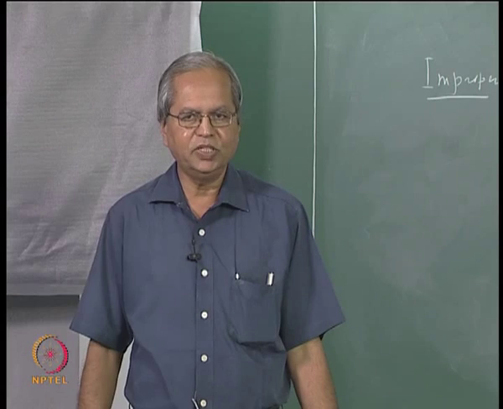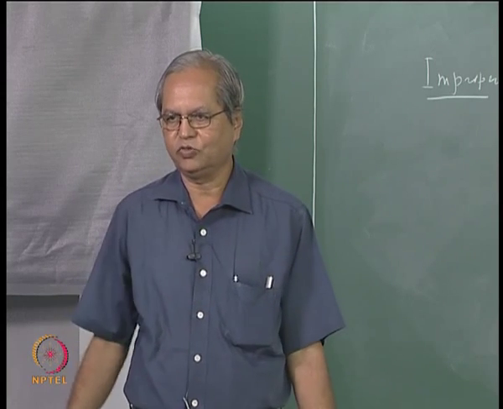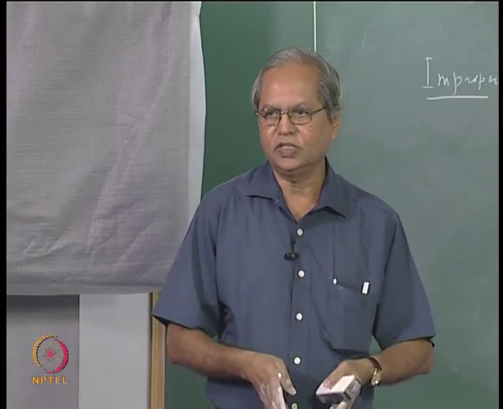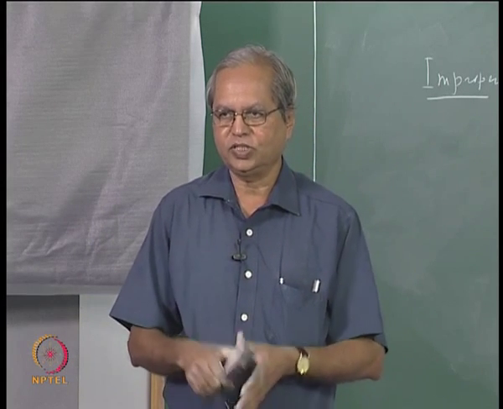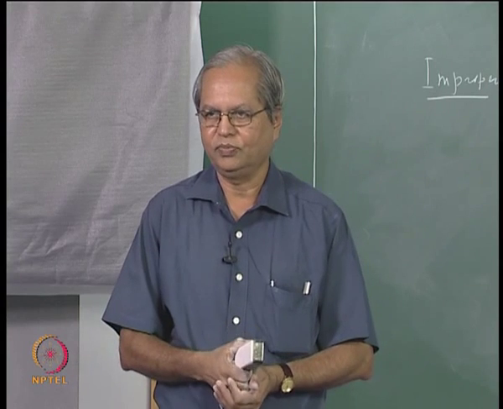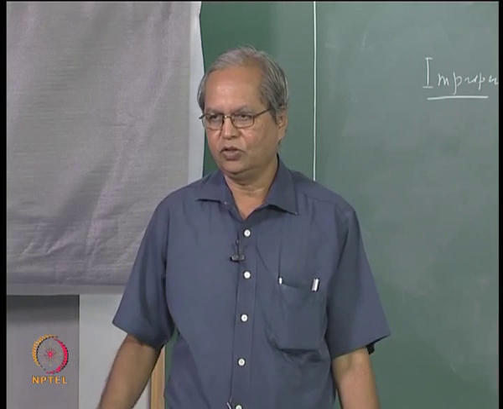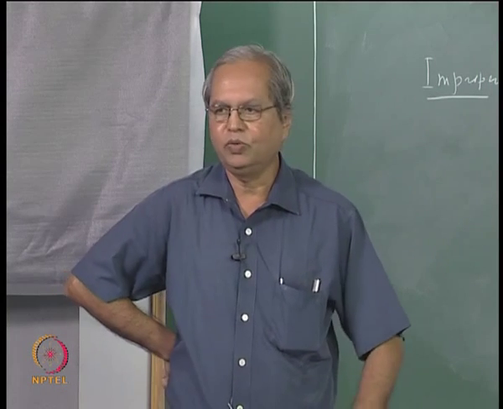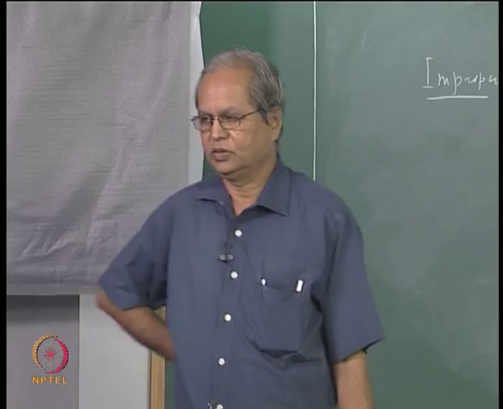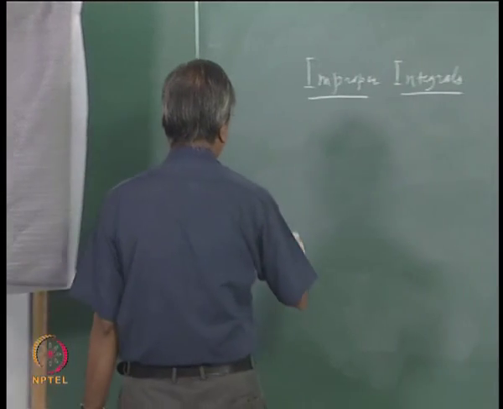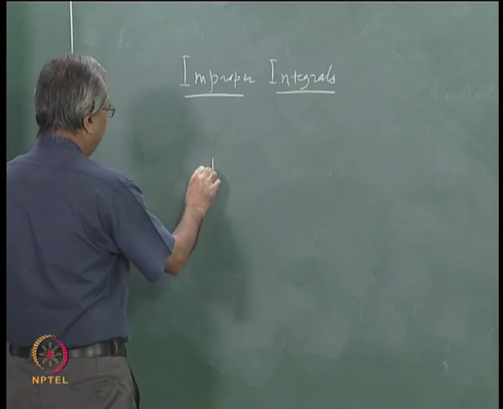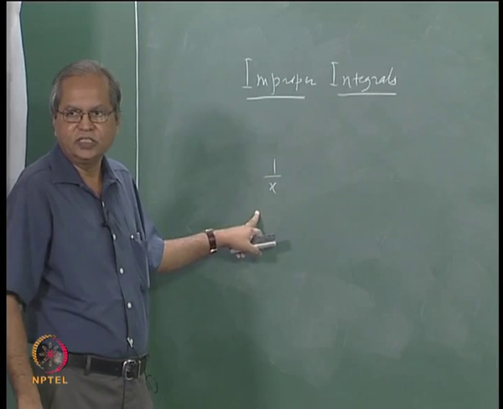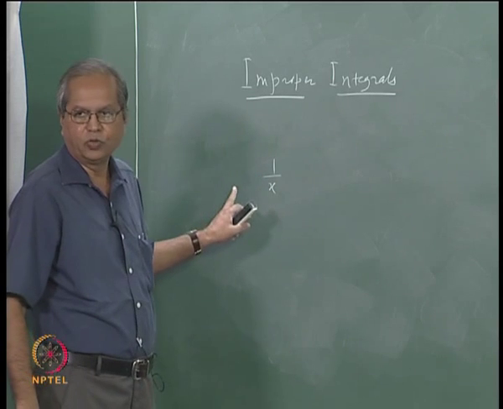So it means that we cannot do several things which we did. For example, you would have seen in several proofs that we assumed that whenever a function is continuous it is uniformly continuous, which we could say because the interval was closed and bounded. If it is an interval of the type a to infinity we cannot do that sort of thing, so that is one possibility. The other is that the function may not be bounded somewhere. For example, the interval may be 0 to 1 and the function may be 1 by x, then near x equal to 0 it is not bounded. If any such thing happens then it is called an improper integral.